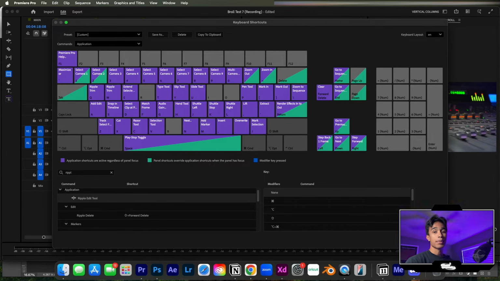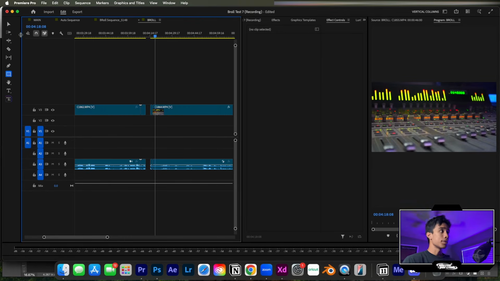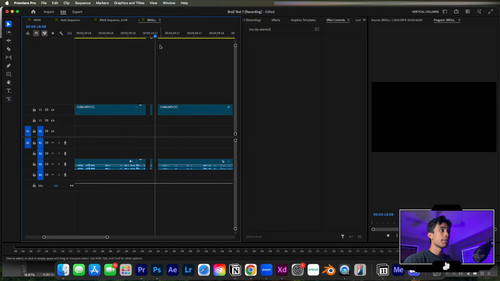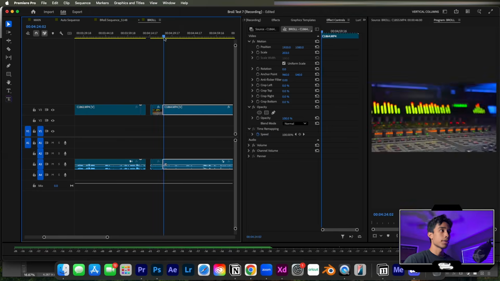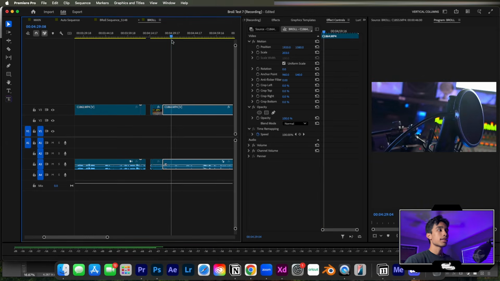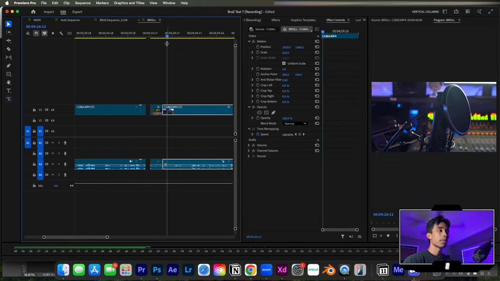You have to be using keyboard shortcuts. It's one thing I wish I had started doing earlier on, because editing manually like this and using all the tools is actually the biggest beginner mistake ever. It will cost you hours of your life that you'll never get back, because it's such a slow method of editing. I'm using Q and W to trim out all the shaky B-roll parts,